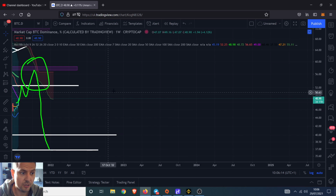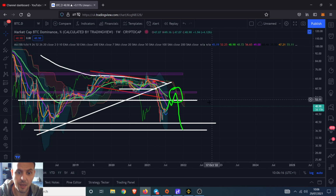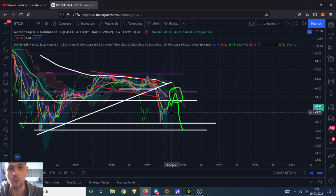And so using that strategy, and continuing to use the strategy, I would say let's hold off from altcoins at the moment, we'll wait. There's nothing to suggest that altcoins are going to have an altcoin season based upon this and the way that this has worked over the years that we've been using it, and it's worked all the time, so why shouldn't it work again? Do you know what I mean? If it's a good way to determine how to trade altcoins, or when to alternate from Bitcoin to altcoins